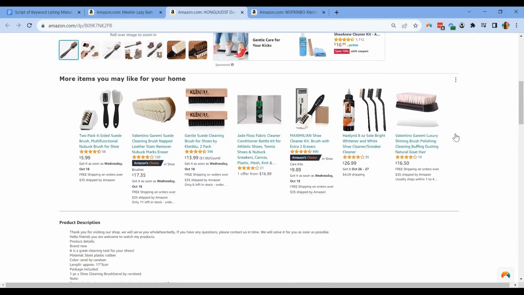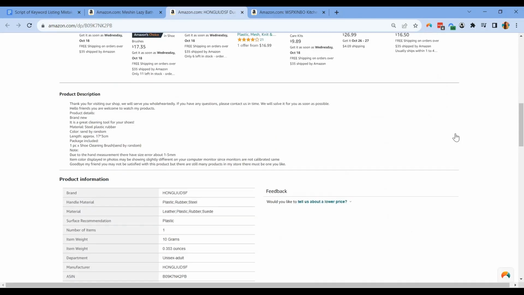So going through their product description as well, again, this part of the product listing should also showcase your product's best features, unique selling points, and other technical specifications, as well as other things that will really set you apart from your competitors. So this is another space for you to really showcase and convince your target audience to purchase your product.